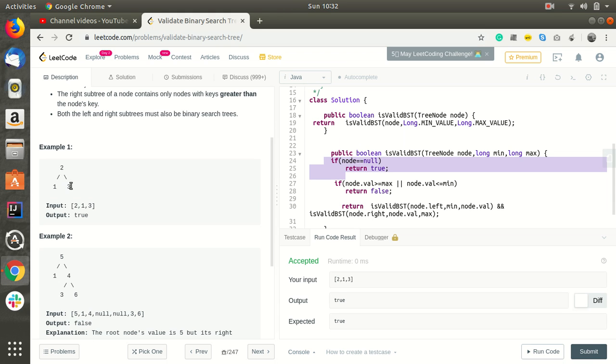For the third node also it will be like that: for 3, it will check whether it is less than or equal to 2, and whether node dot val is greater than or equal to max. If 3 were less than 2, it would return false, but it's not like that over here. So the result of this will be true.